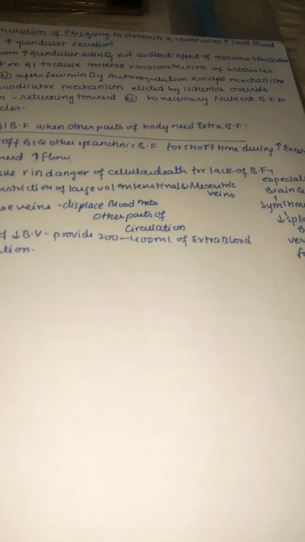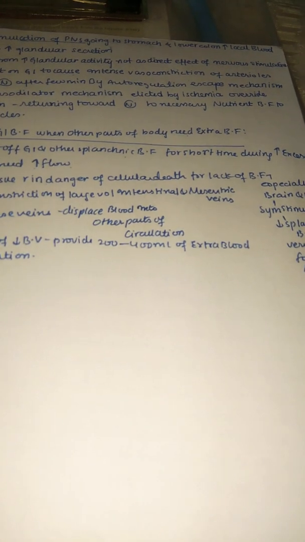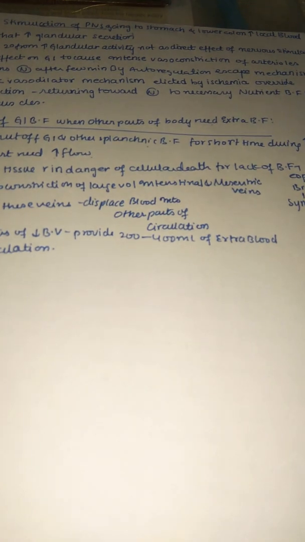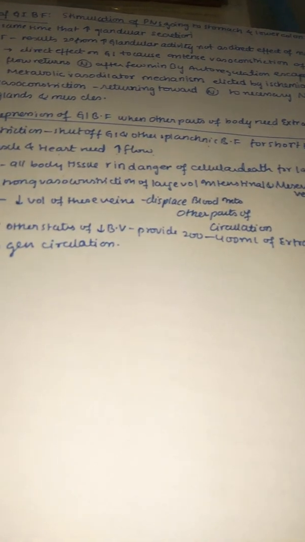So all the blood now gets utilized to provide energy for you to run, not to digest the food which you have eaten. In all such cases, like stressful conditions and dangerous situations, the blood flow to the GI is immediately stopped, or only a small blood flow may go to it, but the main blood flow is diverted to the work you need to do now. Sympathetic stimulation also leads to strong vasoconstriction of the large-volume intestinal and mesenteric veins. Because of this vasoconstriction, there is a decrease in the volume of these veins.